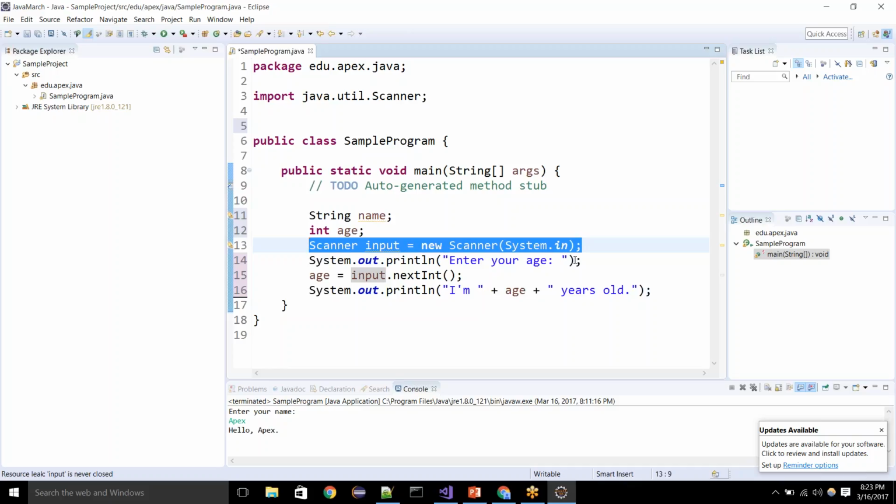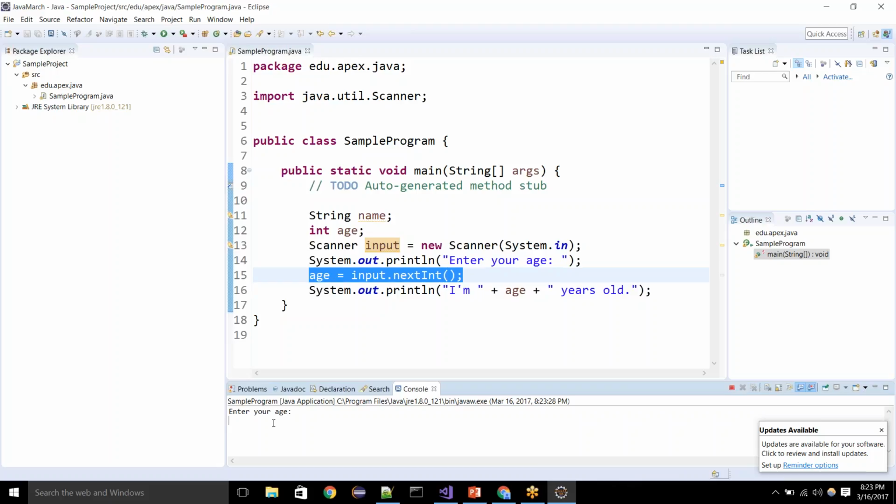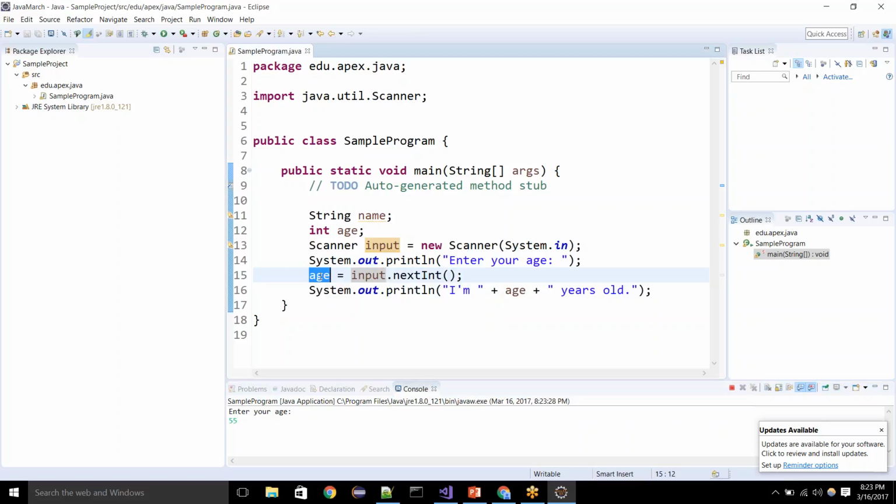So after this scanner is initialized, it prints this thing, enter your age, and once it prints this, I'll show you. On the execution, until which point is the execution done? Line number 14. So now line number 15 is waiting for what? It's waiting for me to enter an integer here and hit enter, right? For example, I'll just enter 55 or something, okay? Once I hit enter, you're telling it that using the input variable, get the next integer present on the console, put it in the integer variable age. And once you've got the age,